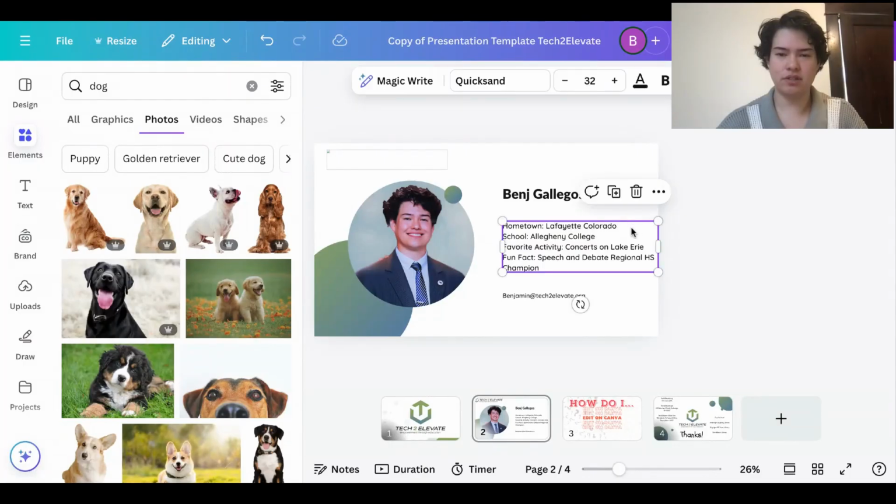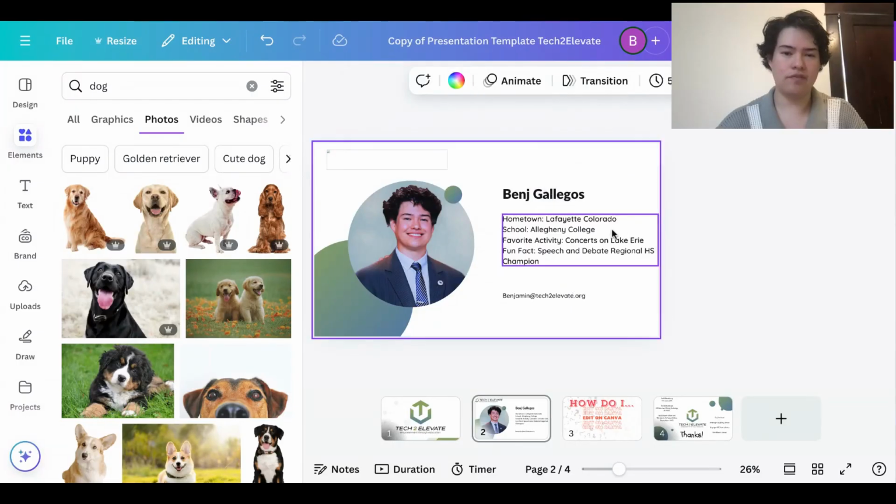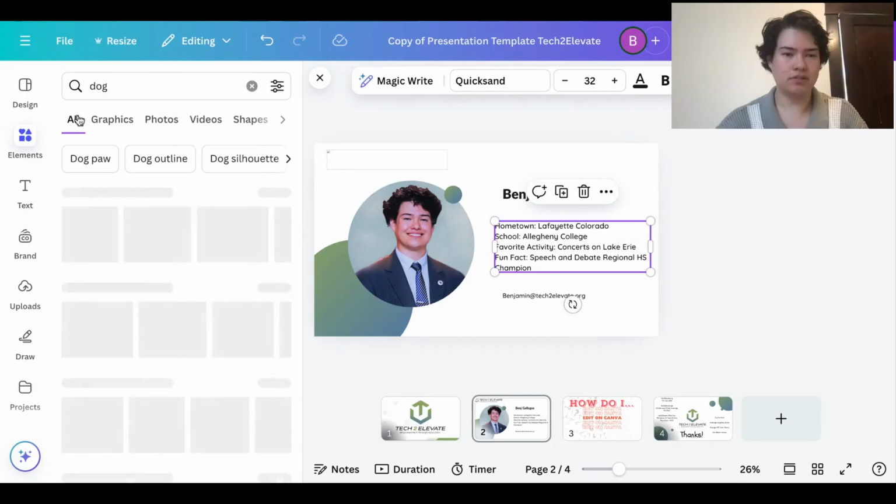Sometimes you have to single click to be able to move it around. Once you're double clicked, you're in the text, so you can just click off if you ever need to reset. Some of the other fun things it has, when you go into elements, there's a lot of cool things